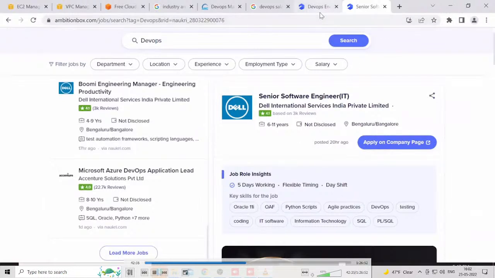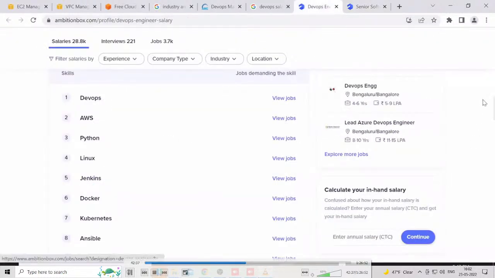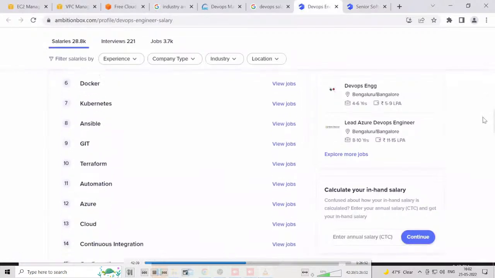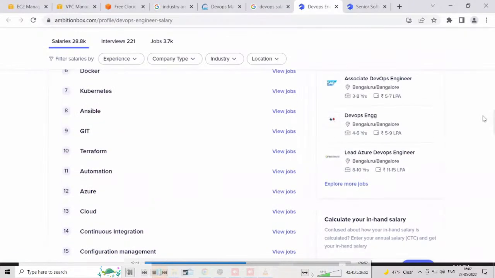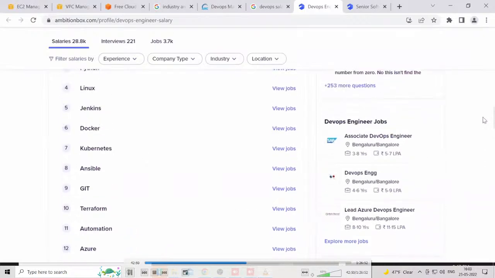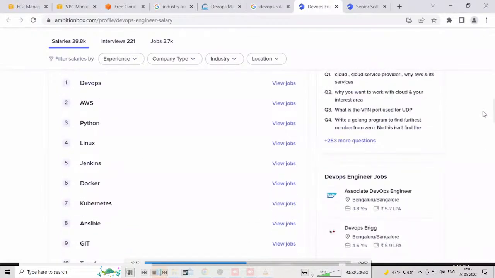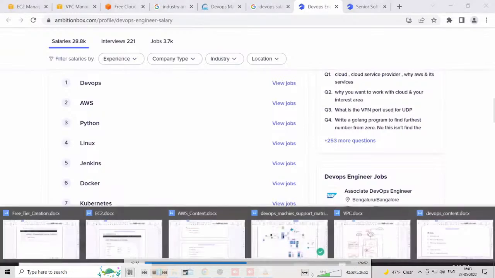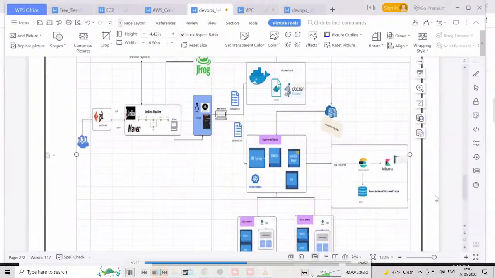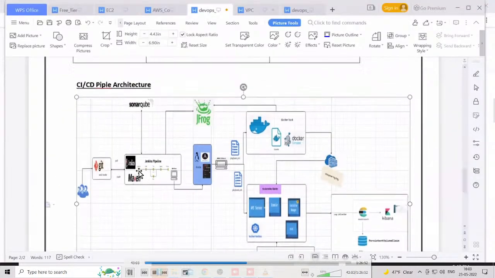Now in DevOps, what are the tools that we have to learn? Here we have 15 tools listed, which are frequently asked by many of the IT companies. Out of them, we have to learn, of course, all these tools. At least, DevOps means all these tools, whatever I have shown in this pipeline, right? So Jenkins,